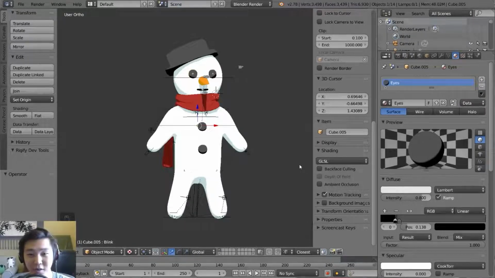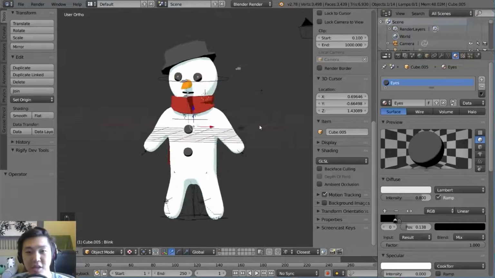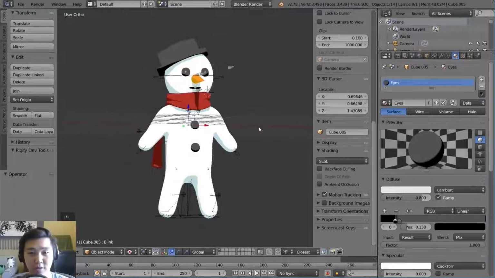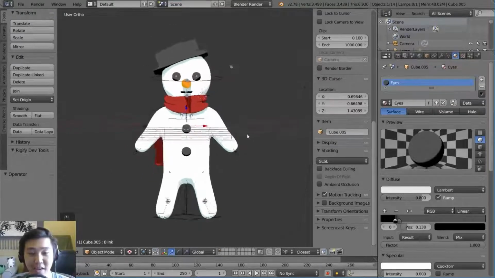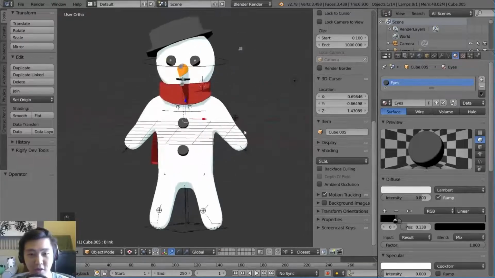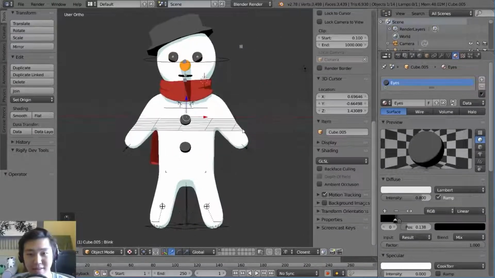This is Archibald, and we are going to be adding the outlines to his now toon shaded body, and head and scarf and carrot nose and all that stuff. So each object is going to get its own outline as per our wishes. We're going to be using a technique called backface culling, so we'll go over that right now.